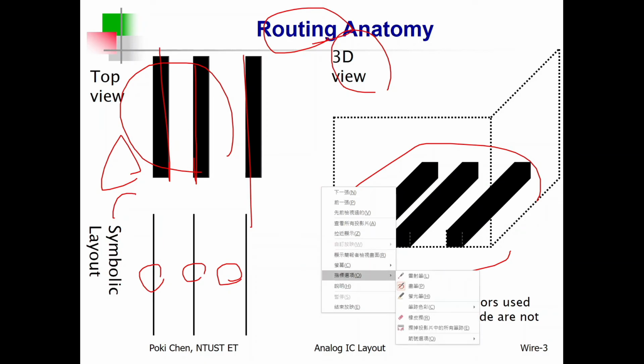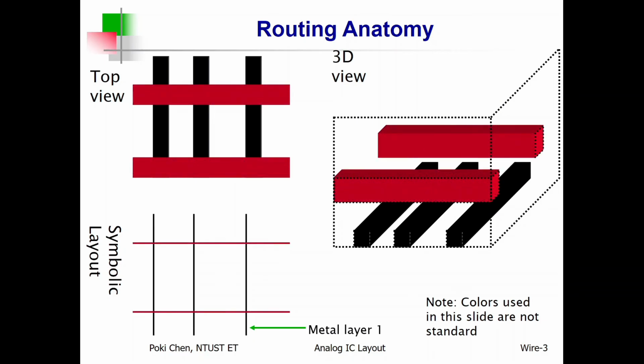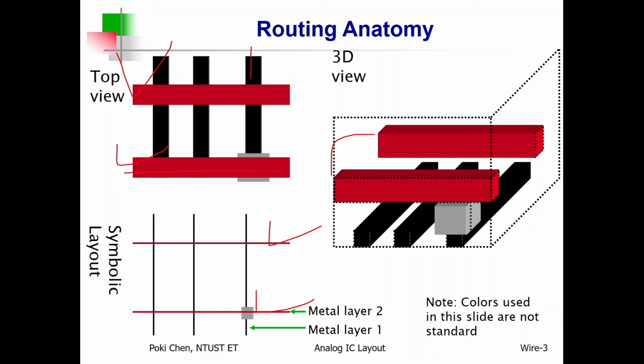Then we can go further. That is for metal 1, and then we would like to have metal 2. Yeah, you do such kind of layout. Similarly, this is the analogy for schematic, all right? But actually, metal 2 will be fabricated above metal 1. But how to connect them? We need the help of vias, right? So, for example, this metal 2 needs to connect to that metal 1, then we need such kind of via